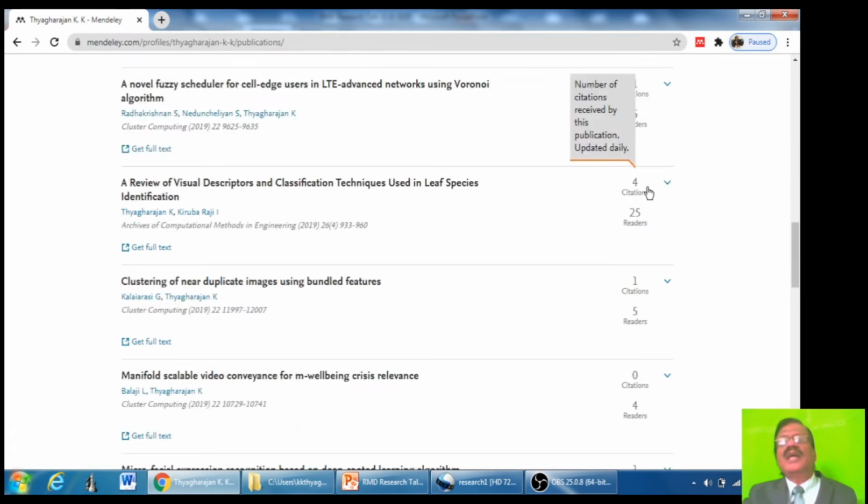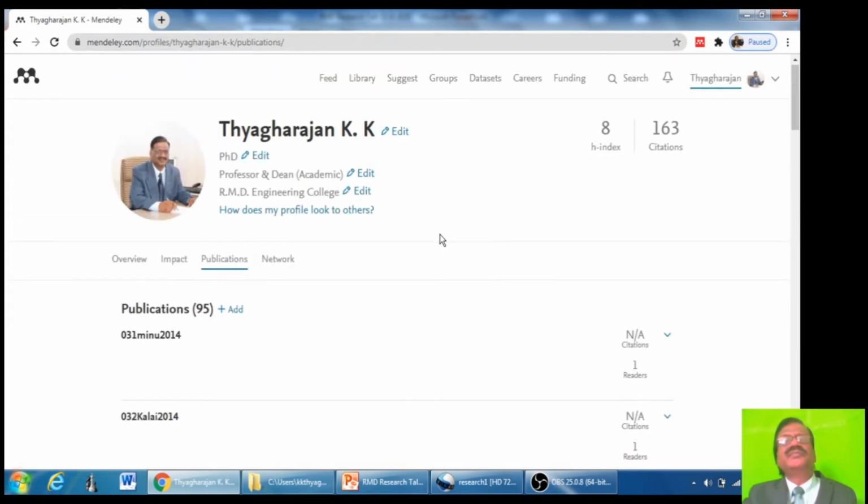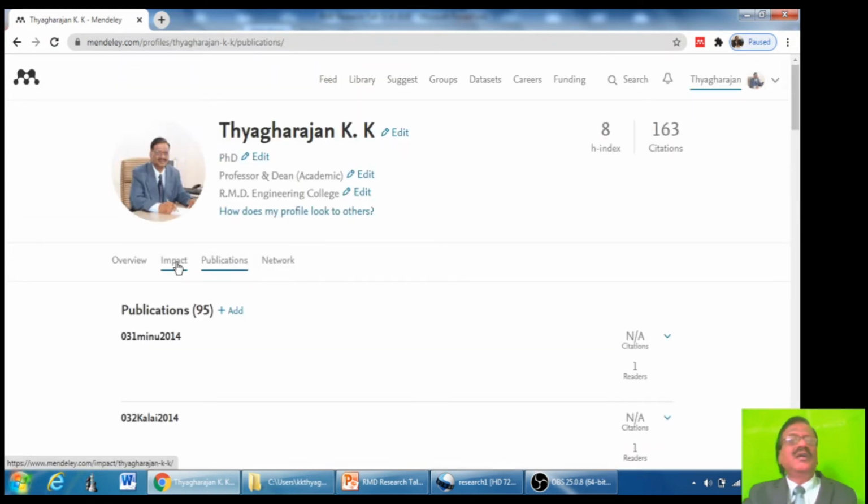If you take any paper, the number of citations and the number of readers who read your paper will be given. Then, if you want to analyze the impact of your research, you click on this impact link.